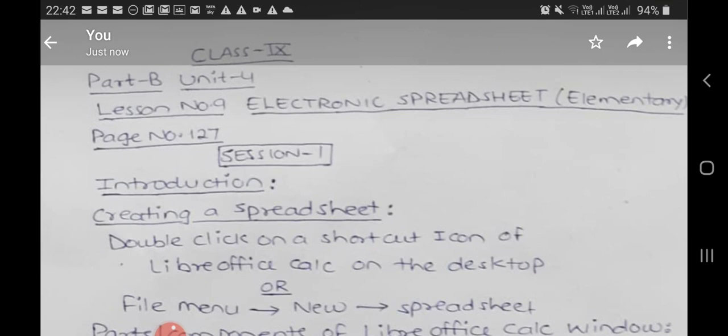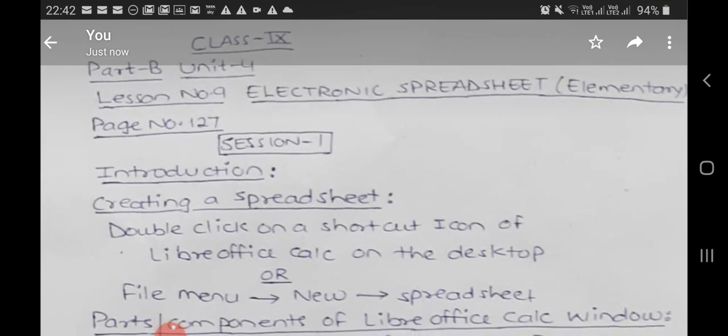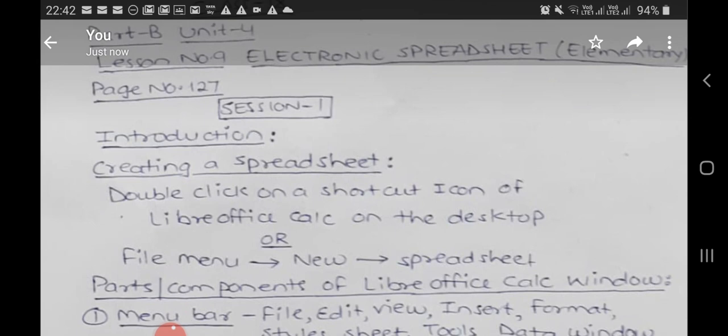It is used for a variety of tasks, such as to arrange the data in tabular form, to perform different mathematical operations on the stored data, to maintain and analyze the data, and to create MIS. MIS means Management Information System records.